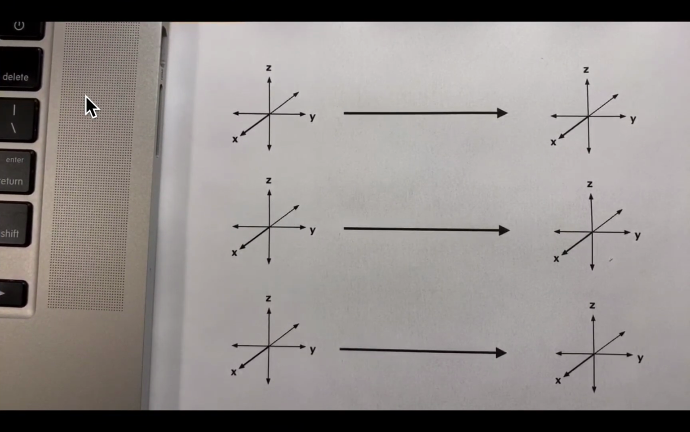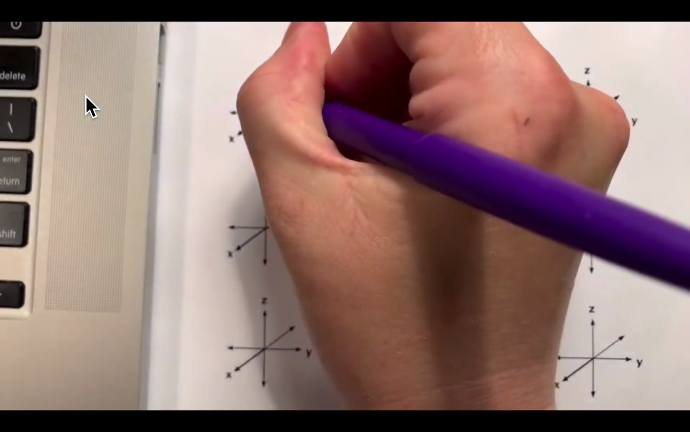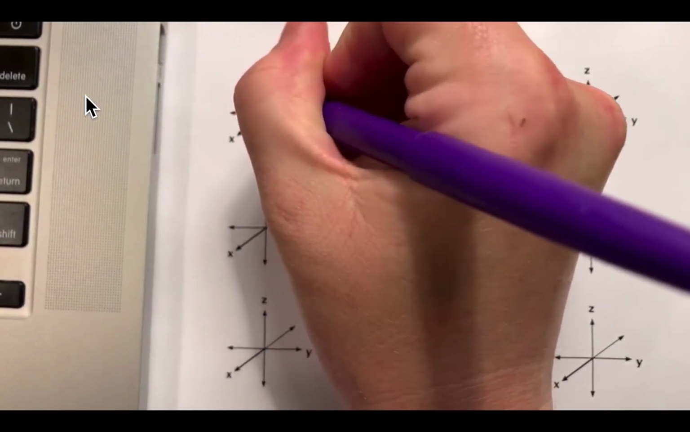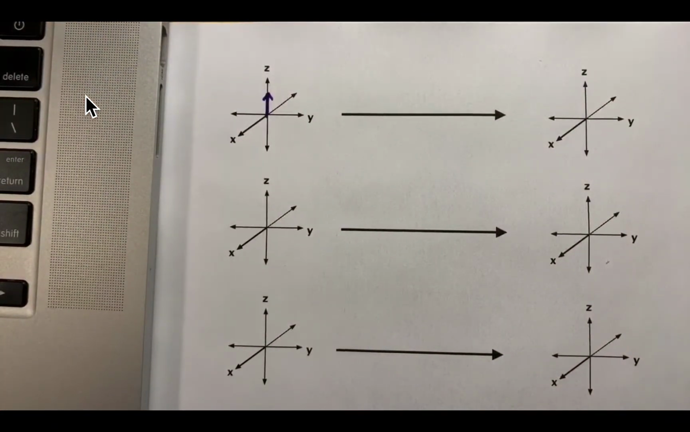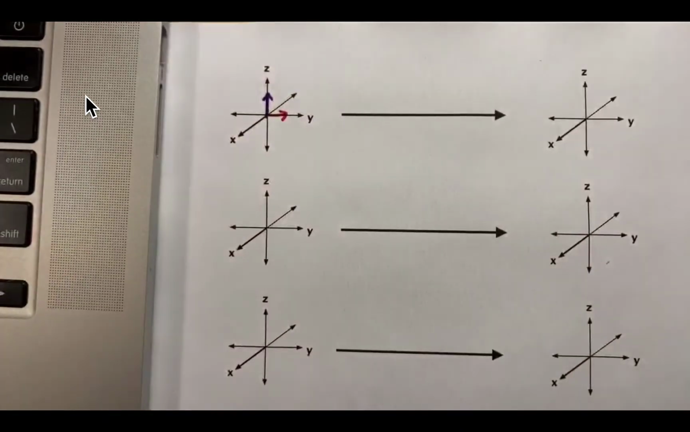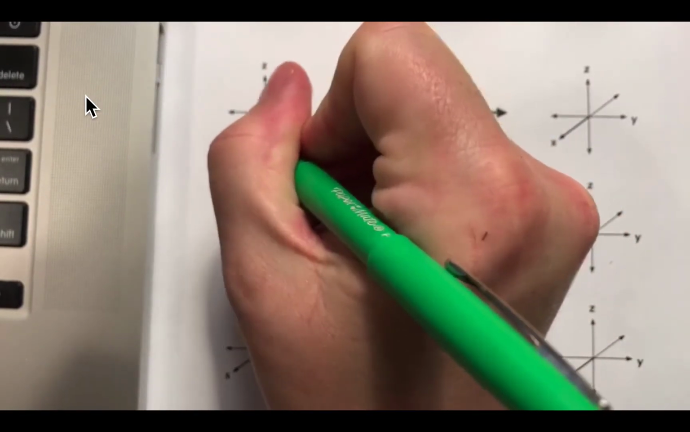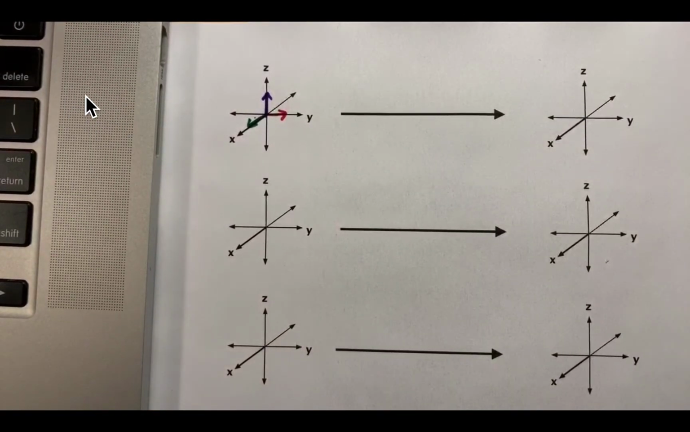We're going to see how each of the common symmetry operations affect a set of vectors that are along the coordinate axes. So I'll keep these color-coded. My z-axis here is going to be purple. My y-axis here is going to be red. And my x-axis here is going to be green. And let's start with